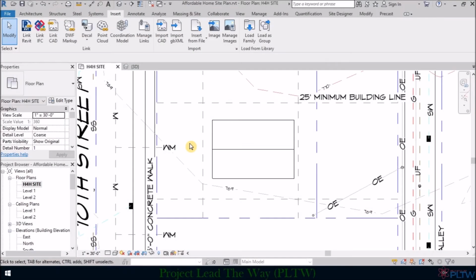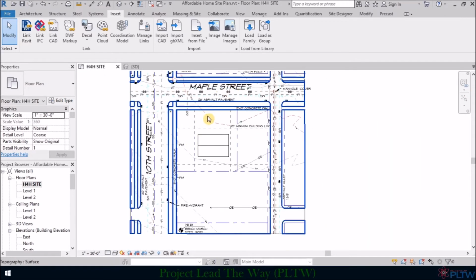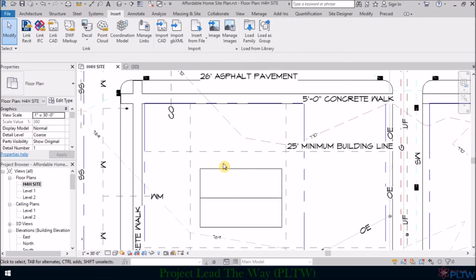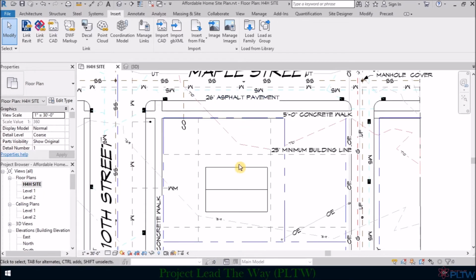Now we need to determine whether or not we need to rotate our house in any way. Maple Street is the main street of this property. 10th Street is more like a side street. We want our house to be facing Maple Street. So you need to know your structure and where the front door of your house is. Obviously, the front door needs to face Maple Street. I know that my front door is located in this general area, so my whole structure needs to be rotated